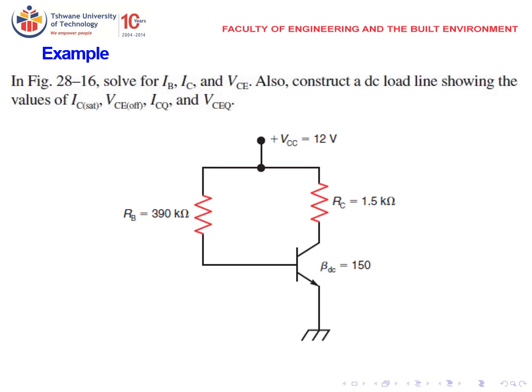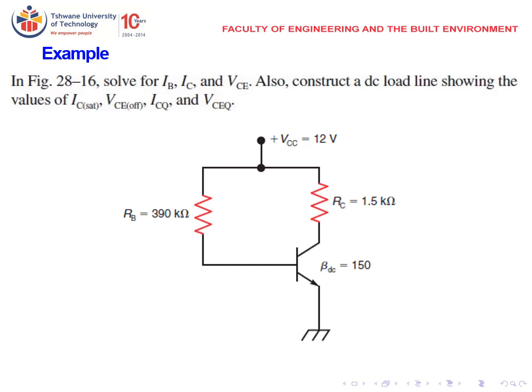In this circuit, if you look at it from the base side, VCC is equal to IBRB plus VBE. And if you look at it from the collector side, VCC is equal to ICRC plus VCE. So we have unknowns here, which are the value of IB, the value of IC,